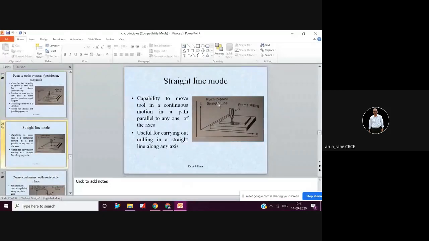Then in straight line mode, the control will follow the equation of a straight line, that is y is equal to mx plus c. So accordingly it will move. And this is what is called linear interpolation.